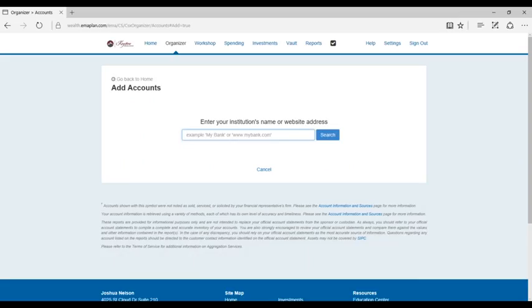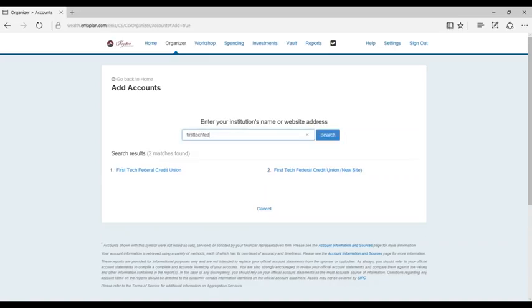And then the next page that's going to pop up is going to ask you to plug in the financial institution that you would like to use. So for this test scenario, I am going to be using First Tech Federal Credit Union because I know that is a common institution that most of our clients still use. So you type in the institution that you want to look up,